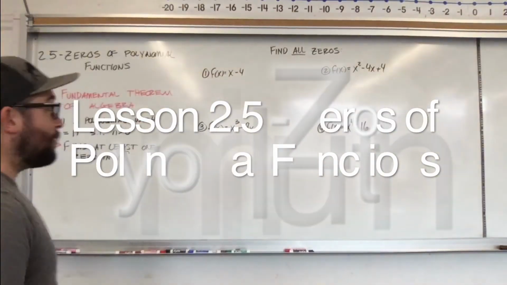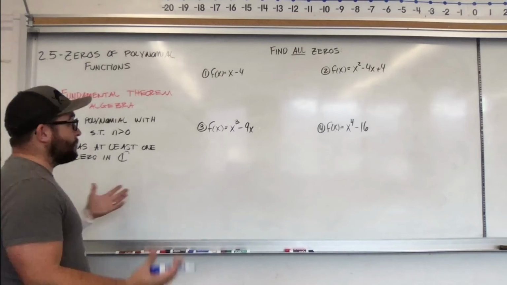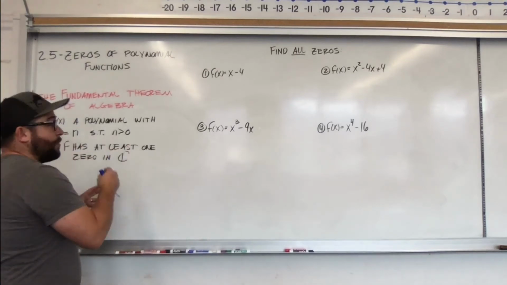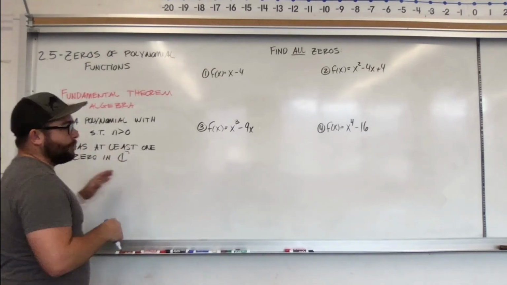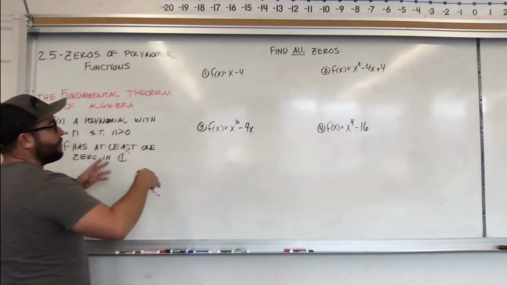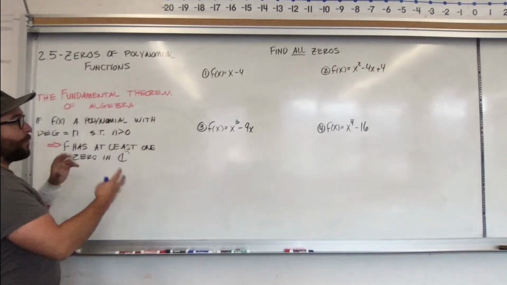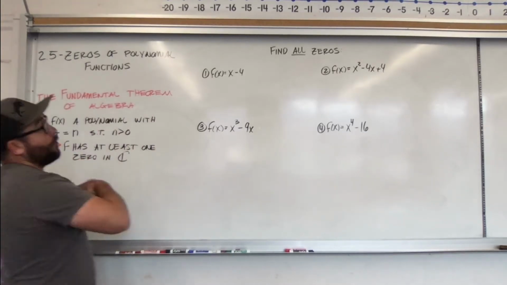Here we come to 2.5, which I think is the most important section of this whole chapter. In the beginning of it, we had a little thing about being able to do synthetic division, right, to prove things are zeros, a little bit about graphing and end behavior. It's with this section right here that we're going to get the tool set to, no matter what polynomial we're